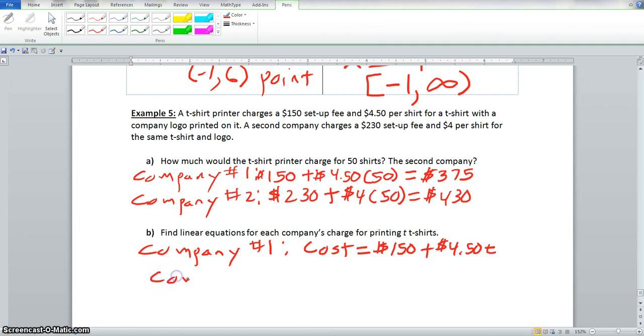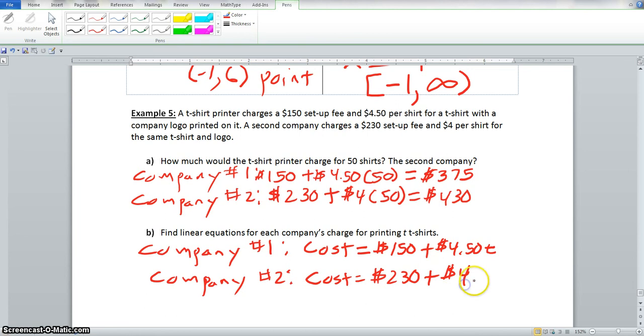Now we will go to company 2. We will have cost is equal to the setup fee, which is $230, plus the amount for each t-shirt, which